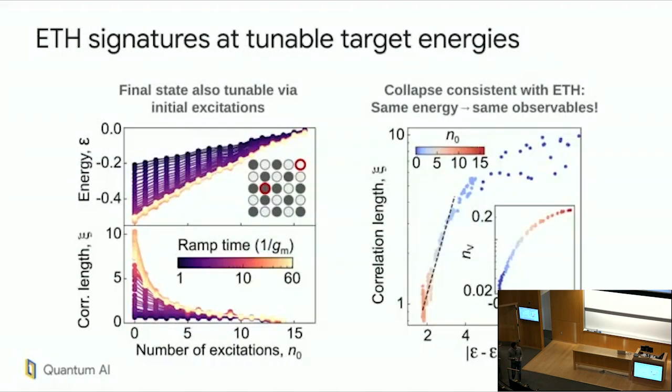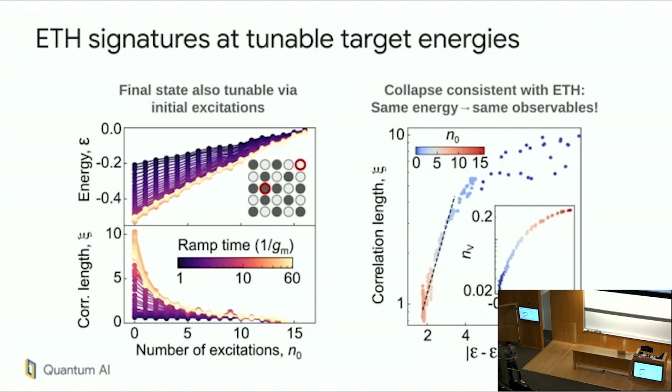Okay, so far we've been tuning our final state by using the ramp rate. That's worked nicely, but there are still some limitations. One other way that we can tune this is we can instead inject excitations at the very beginning of the experiment. So I said that we start out with this antiferromagnetic state. We can go and flip some of the spins in that state in order to inject energy. That's what we've done on the left here. So on the x-axis, I'm varying how many excitations I inject at the beginning. I then find that the energy increases. That makes sense, I'm injecting more energy. I also find that the correlation length decreases.